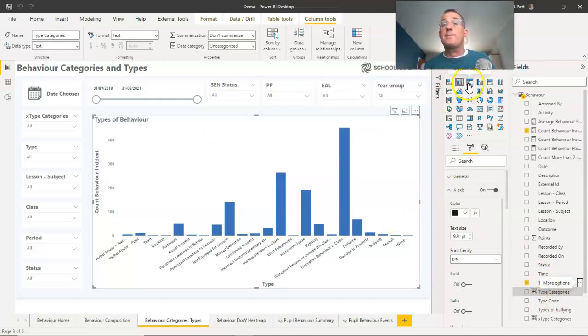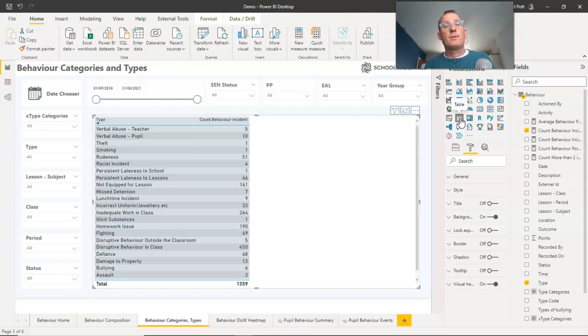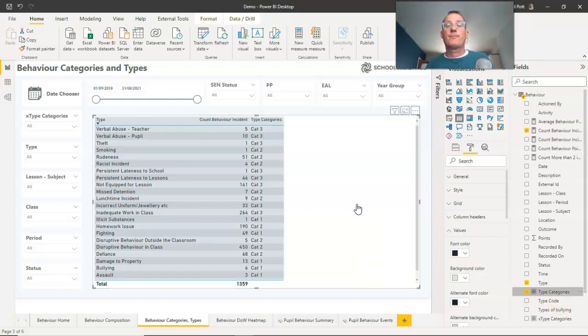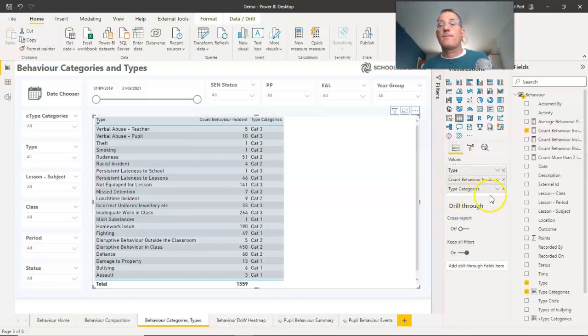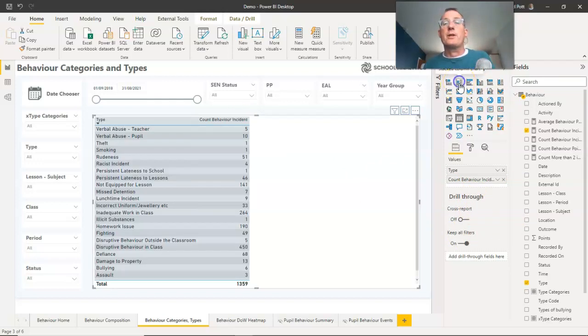If I convert this back just temporarily into a table, you remember that this is where we started off. Just to show you how this works, I can drag type categories across, drop it on the table, and we can see now how Power BI has allocated its categories to those groups. If I take off type categories now and go back and convert this to the bar chart that we saw earlier,